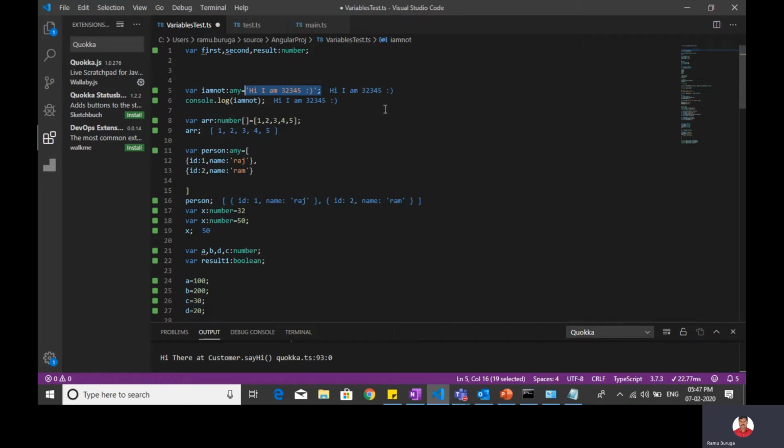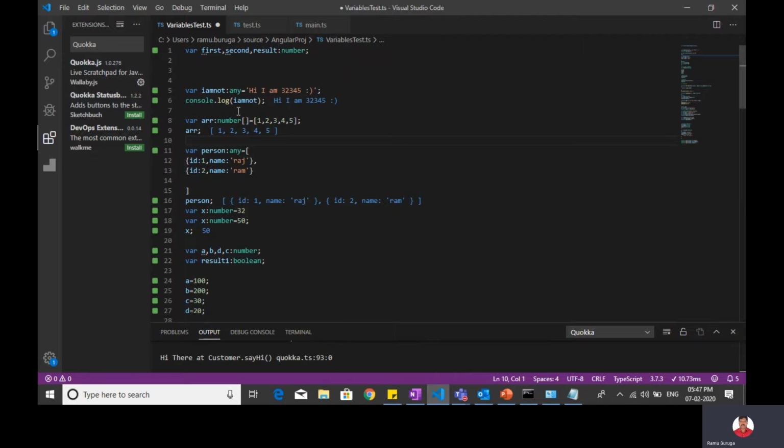But you see, this is the value. Here I print it with console log. What does it print? Normally you will get this value in the browser console, right? Here, because of this tool, you are getting the result here only. Okay, this is the way you can declare the number variable.